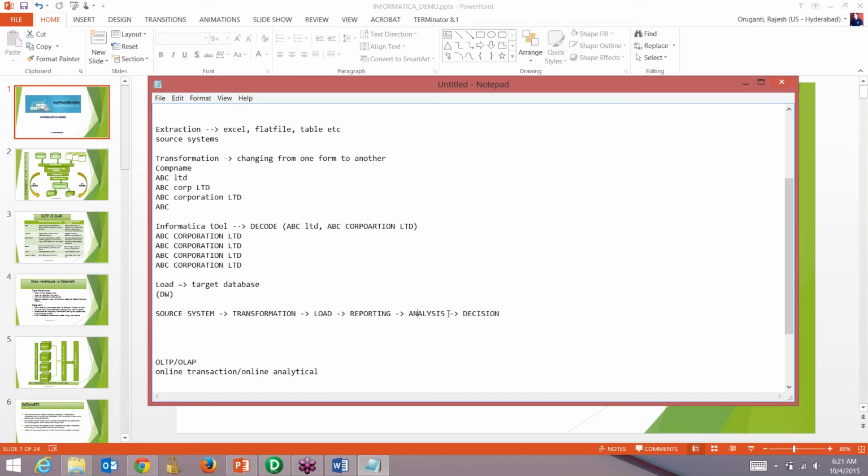And based on that, we do the analysis, like business analysts or your managers, IT, CEOs, anyone related to the business. They will do analysis on this and take the decision on the next steps. So this is the cycle of a data warehouse, right? So your ETL fits in this part, that is Informatica,